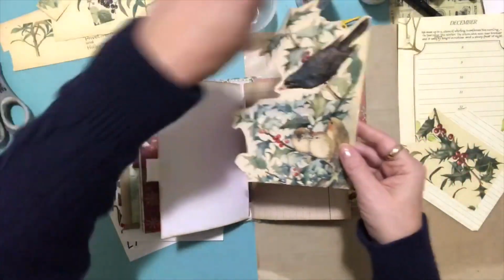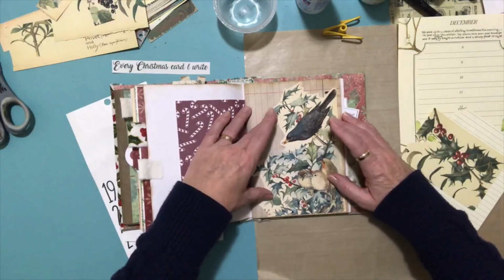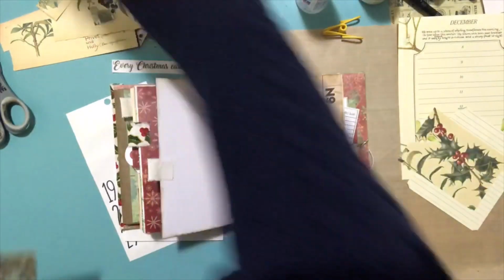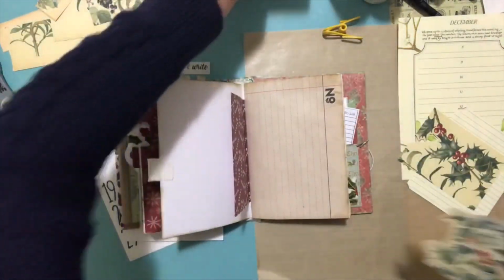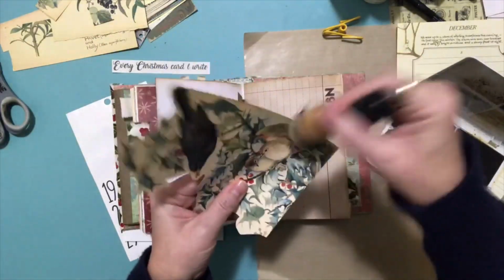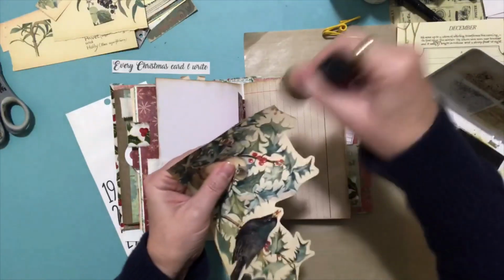So I've just gone ahead and gone around that, and I think I'm going to put that piece on here, and I'm going to distress the edges of this as well. So let me just move my little papers out of the way. Move this guy over here, and we'll just distress the edges a little bit. I normally do this ahead of time, but